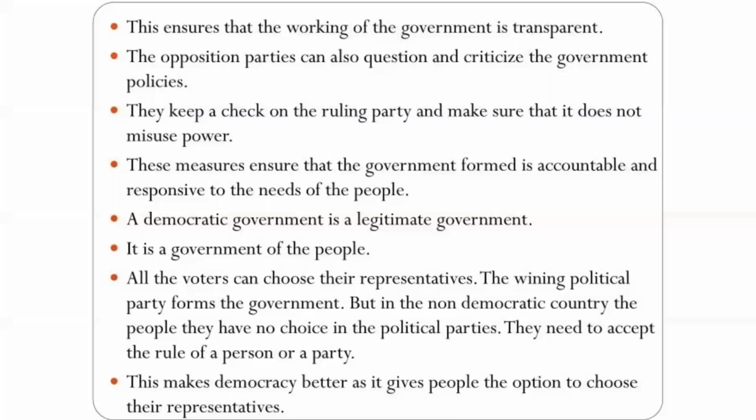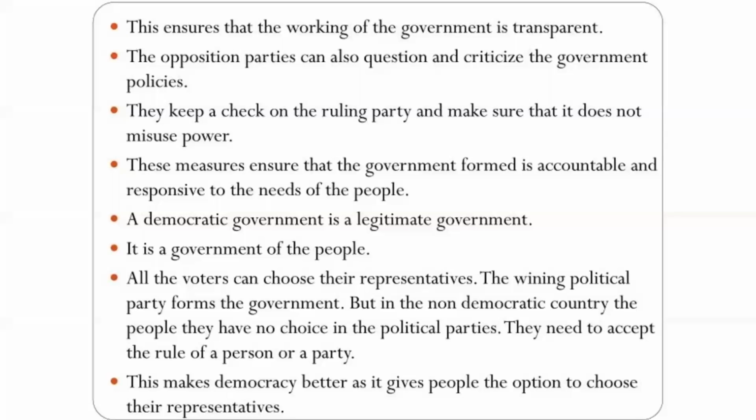Again, we are also aware that in democracy, people, the voters, choose their representatives. Winning parties form the government and make different kinds of decisions. And these decisions are taken according to the will of the people, and many institutions also take part in the decision making process. But in a non-democratic country, people have no choice in the political party. We also hear that in a non-democratic country, people do not elect their representatives. In a non-democratic country, most decisions are taken by only a single person, and people also accept this kind of rule and